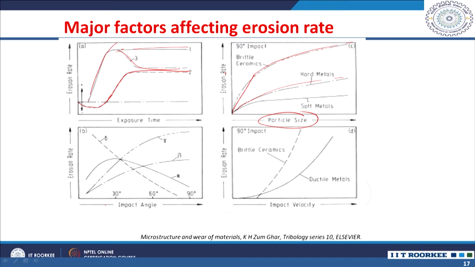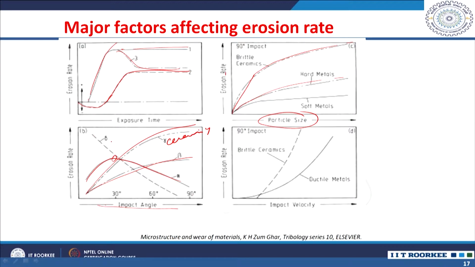With respect to impact angle, as we discussed, for softer materials the peak is in the shallow angles, right. For relatively hard materials it goes to the 90 degrees angle or a normal incidence. Similarly, for a brittle material like ceramics, you will have always erosion rate higher, at the same time erosion rate leading to maximum at the normal incidence.